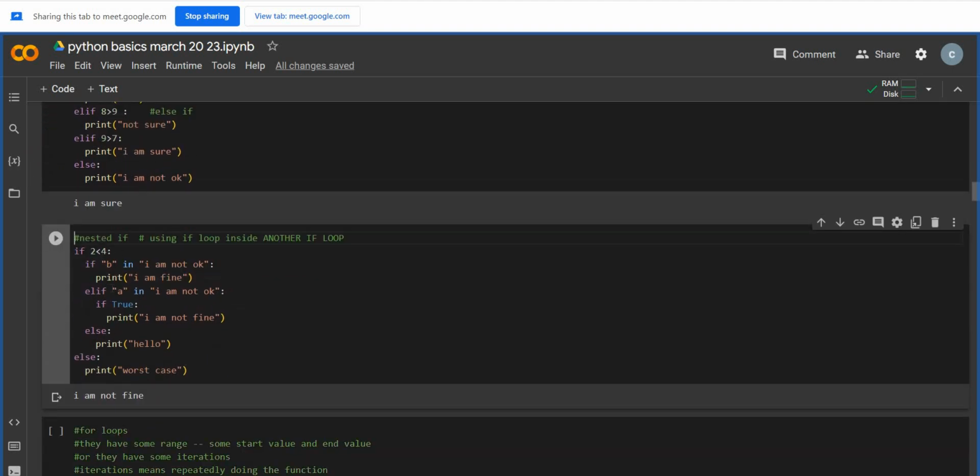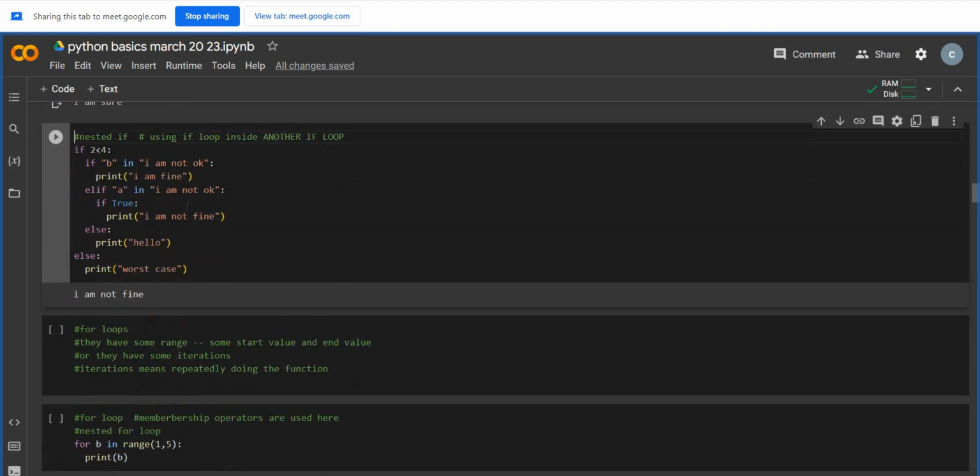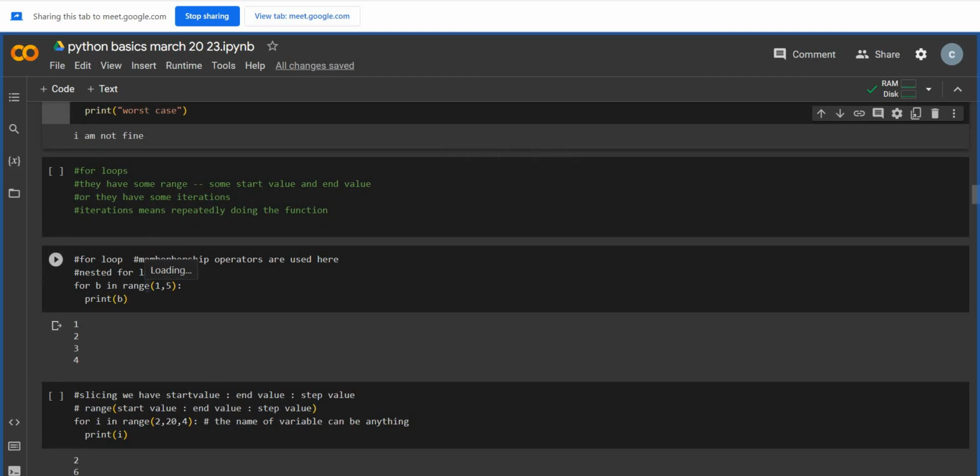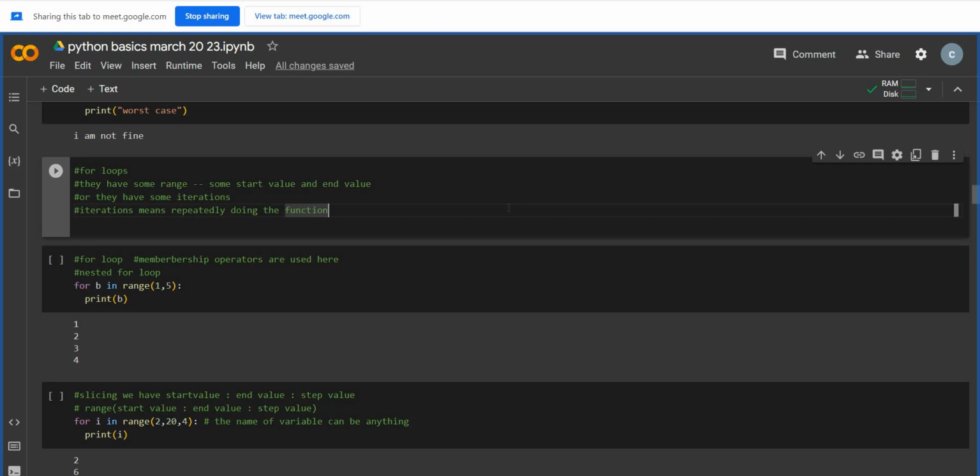Okay, nested if we completed. Else if inside else if, these are all similar to nested if, this small thing. Okay, fine. Next we'll go to the for loop. I told you a for loop has some range of values. It will look inside some sequence data or some iterative data. It should have some iteration. Iteration means some step, a repetitive step. Like for loops,